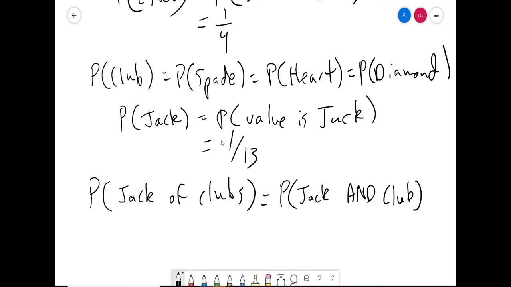So we want to start thinking about conditions in this way at times, where this is a kind of joint probability. We're saying that it's a jack and it's a club, the jack of clubs. So we might label something. The more specific that label is, sometimes you can break that down into its component pieces and talk about probability there. So that, because they are independent,